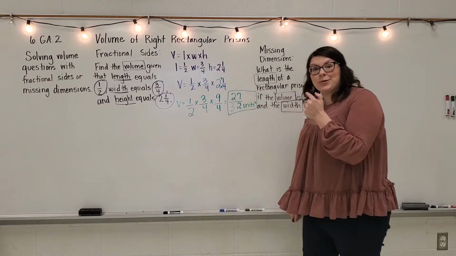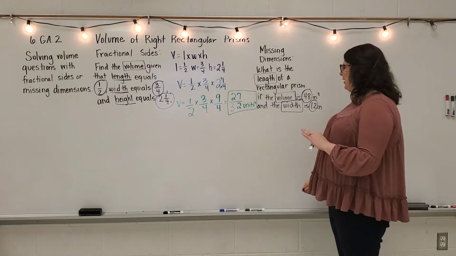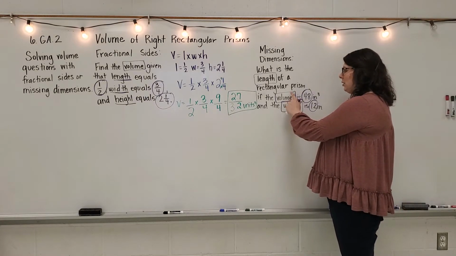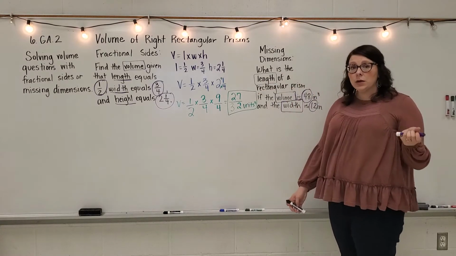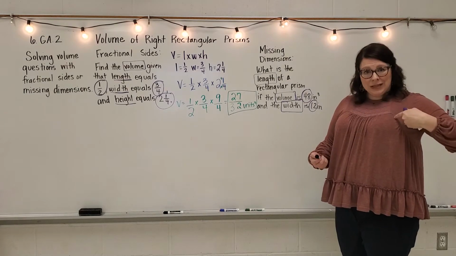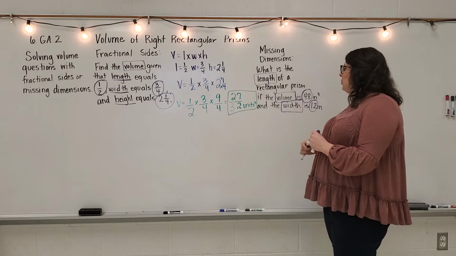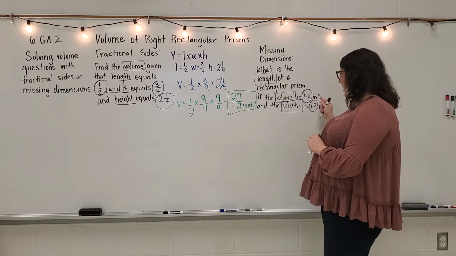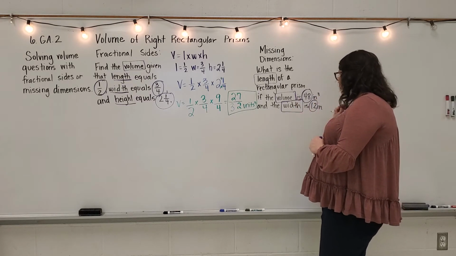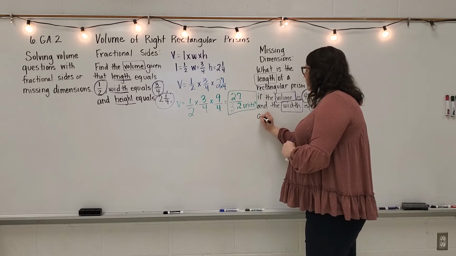Now, if you look at this question, you automatically say, wait a minute. I can't find volume with only width and length. What else are we missing? Well, we are also missing a height, okay? So let's say, what is the length of a rectangular prism if the volume is 48 inches cubed, the width is 12 inches, and the height